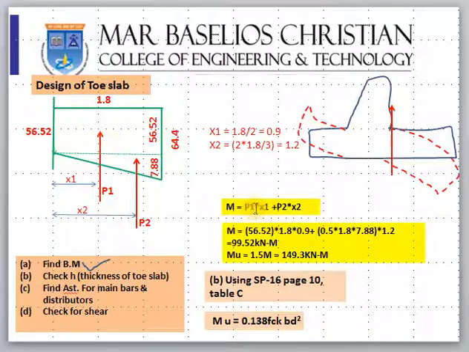So we will find out what is P1, the total force. The force is nothing but the area of the rectangle, and P2 is the force acting on the triangular portion. So the area of the triangle will give you the force. So calculate it: 56.52 into 1.8 into 0.9, which is x1, plus area of triangle is half into b into h, 0.5 into 1.8 into 7.88 into 1.2, x2 is 2h by 3, 1.2. So you will get 99.52, which is M, and factored bending moment will be 1.5 into M, which is 149.3